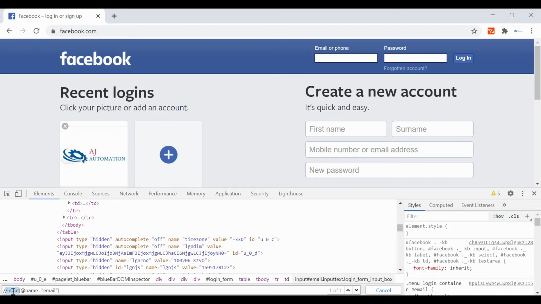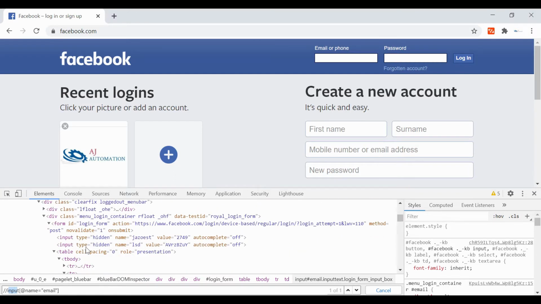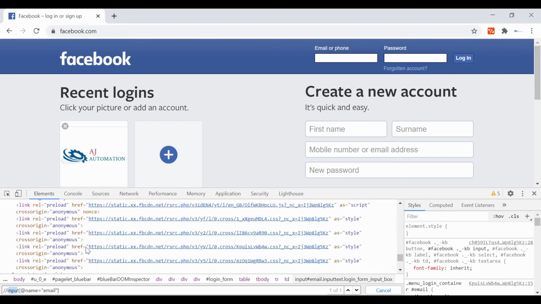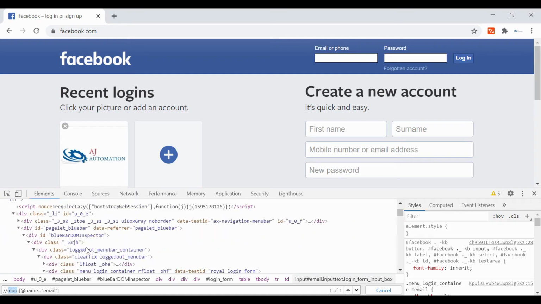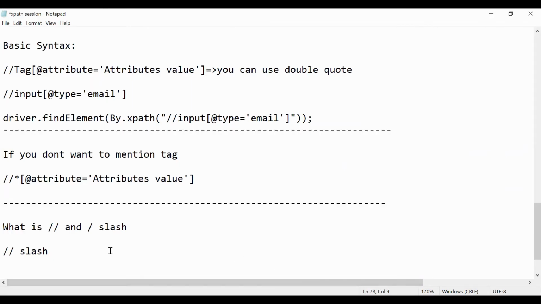That means if you use double slash input, it goes and finds input tag elements in the entire DOM, anywhere it is present.